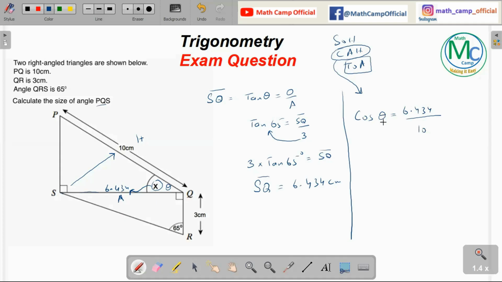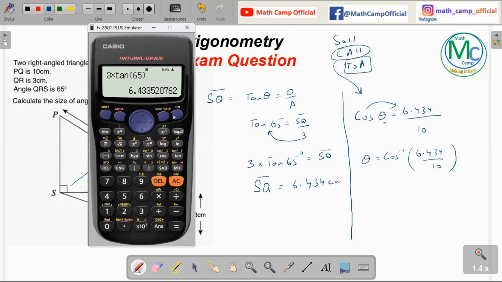hypotenuse, which is 10. So to find out theta, we have to move cos to the other side. So cos will be converted into cos inverse of 6.434 over 10. Now at this point we have to use the calculator. So we press shift cos to write cos inverse, then 6.434 over 10, bracket close, and this will give us theta equal to 49.95. If we give it to 1 decimal place, it is going to be 50.0